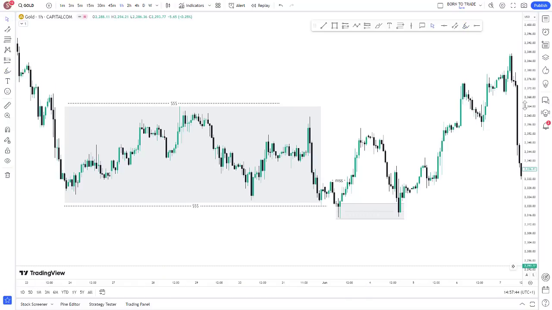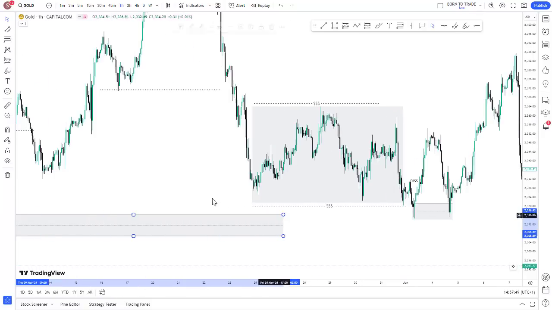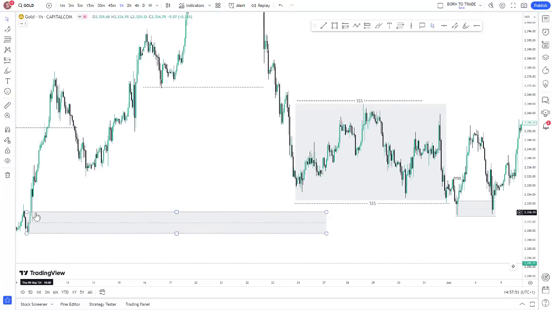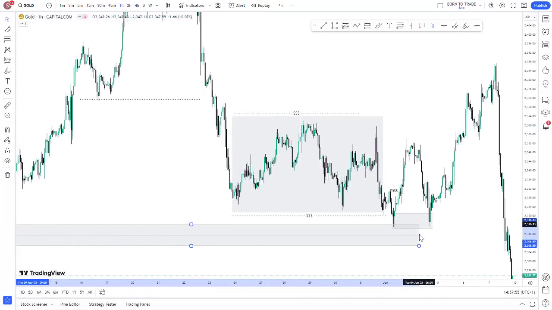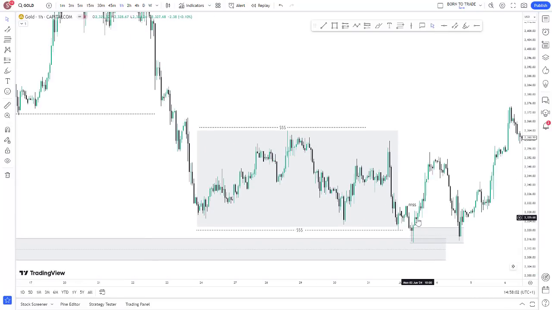And what is the confluence to this? Because we have another confluence that helped us know that this is actually a high probability setup. You see, we have a level right here. This is a higher time frame demand level, and you see how price taps in nicely into this higher time frame demand level, which is a very good confluence that helped this particular setup to play out nicely. And I hope this makes sense to you, and you can actually pay attention to this and make money with this particular concept.